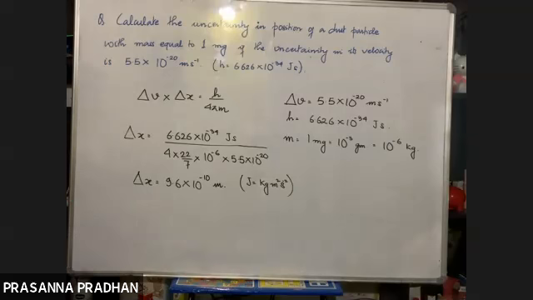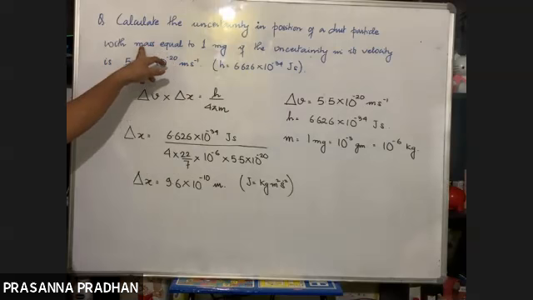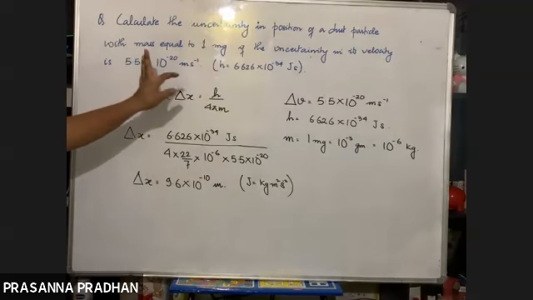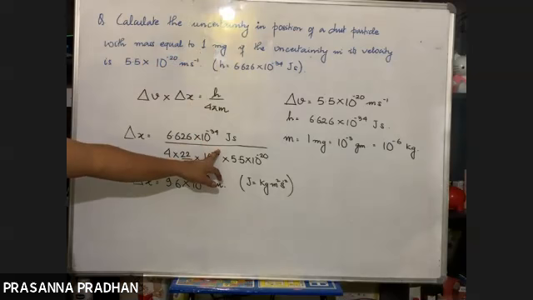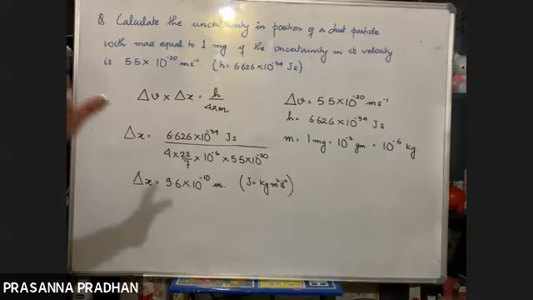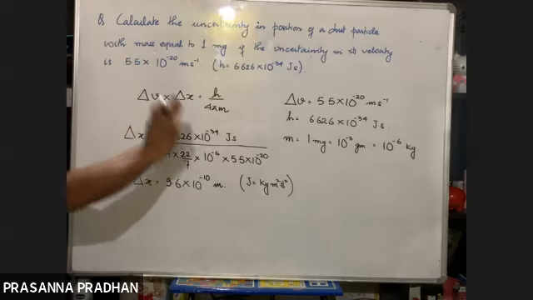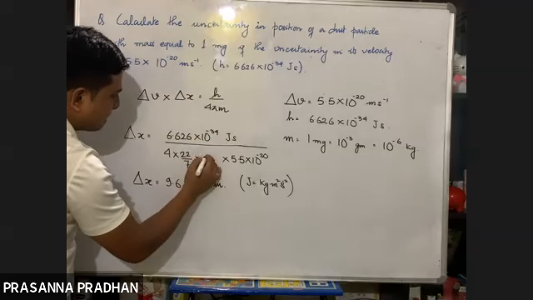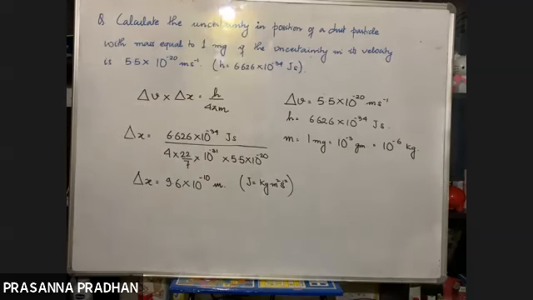But now look, here the mass was 10 to the power minus 6. If you take an electron here, calculate the uncertainty in the position of an electron. For an electron the mass will be 10 to the power minus 31. With 10 to the power minus 31, the uncertainty will be very high. Let us try it. Now instead of dust particle I will take an electron here. I will just change the mass of the electron, let the velocity remain the same. So 10 to the power minus 31. I forget the 9.1, just 10 to the power minus 31. See how much it comes to.